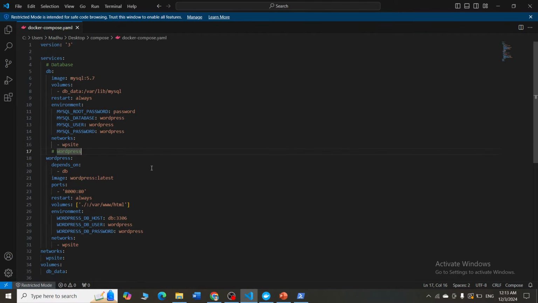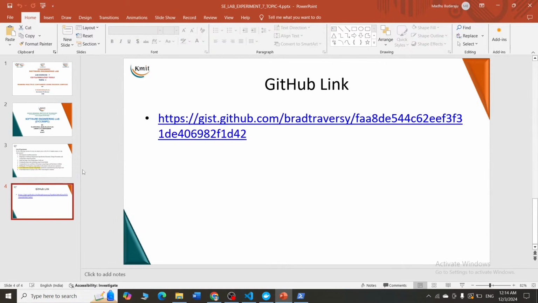Now where can I find these configurations? There are many ways you can get these configurations that I have written. The first way is your Docker documentation. The official Docker website will give you sample configurations, using which you can write your own configurations for the applications that you want. Otherwise, you can take help of GitHub also. Many developers have shared sample files. You can go to Git, for example, I will give you an example here. This is a particular link I have. If I click on this particular link,